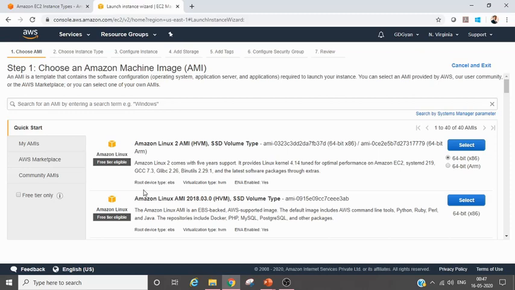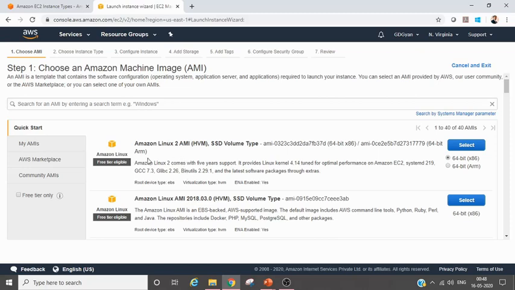So AMI, Amazon Machine Image, what is that? It's an image which consists of your operating system, your processor, connections, all those things. They created an image for you with a combination of hard disk, RAM, CPU, memory, firewall settings, and everything, with the operating system.